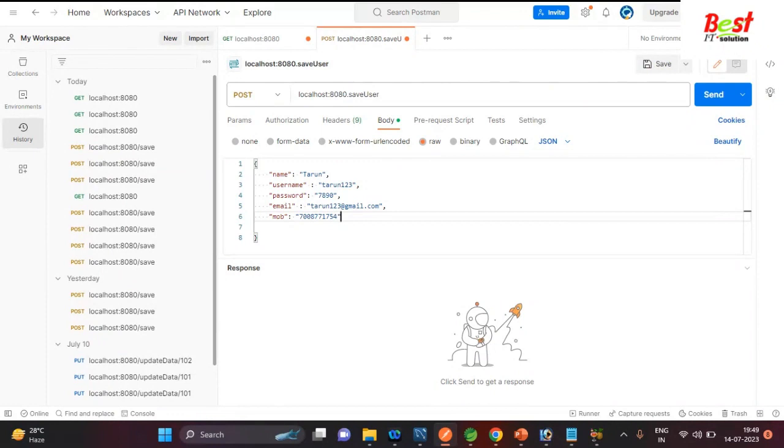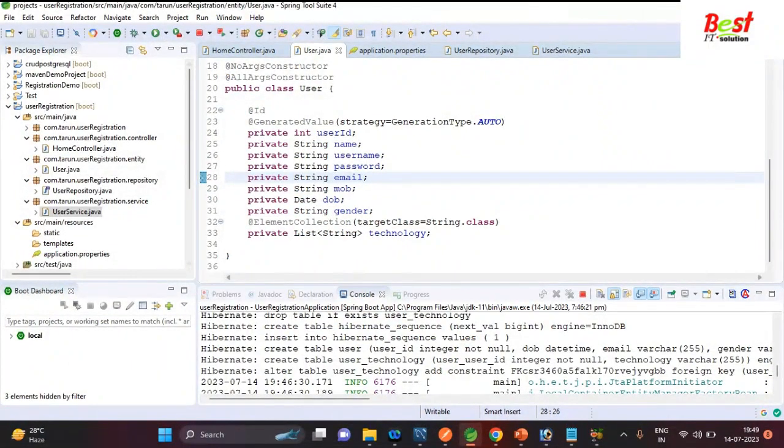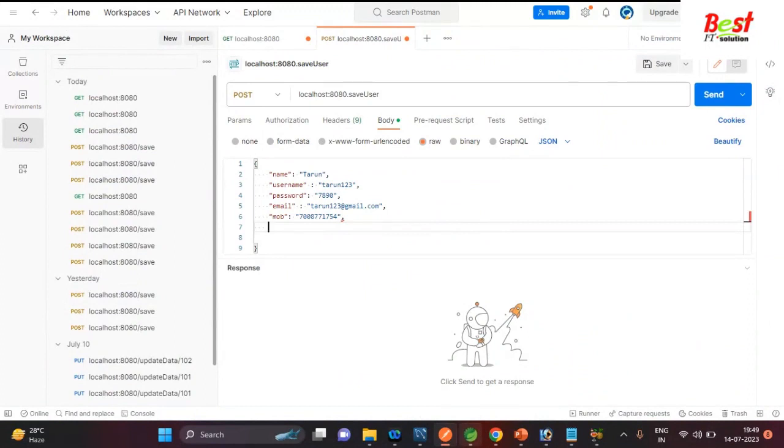Then what are the remaining things? Just check: email, mobile, DOB, gender. So DOB is also